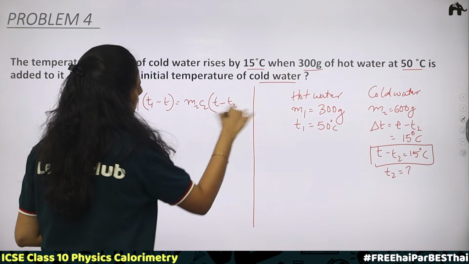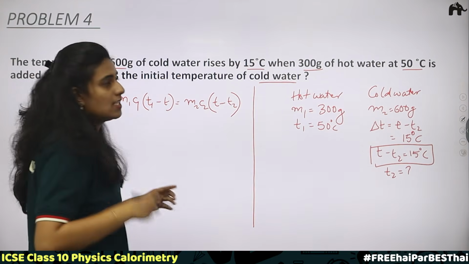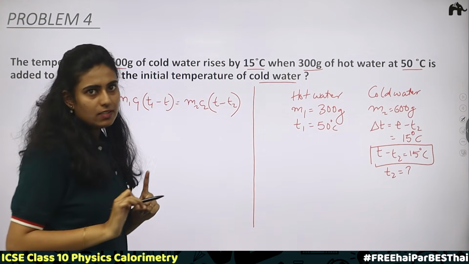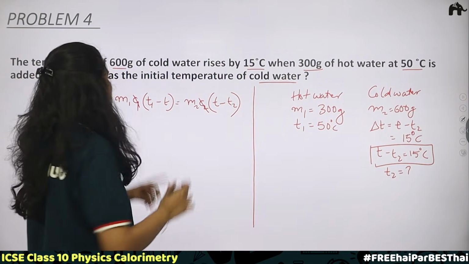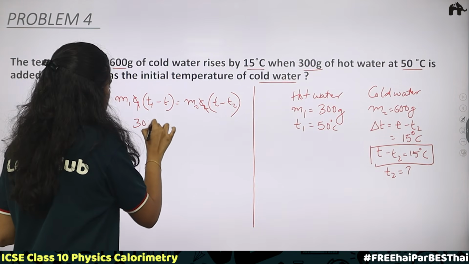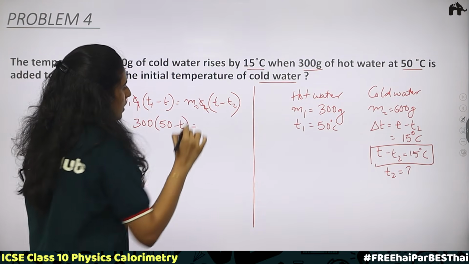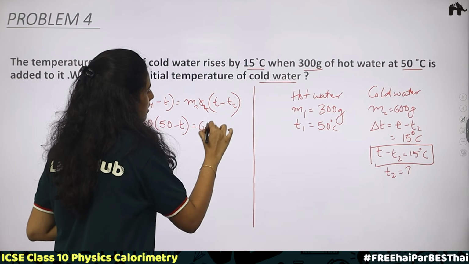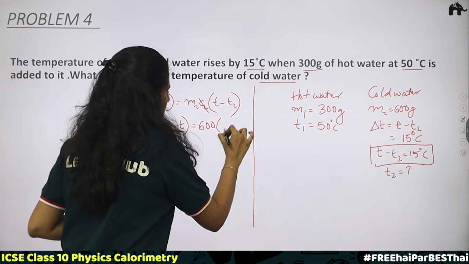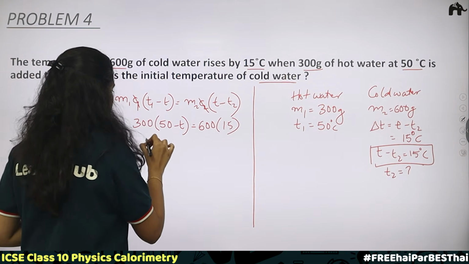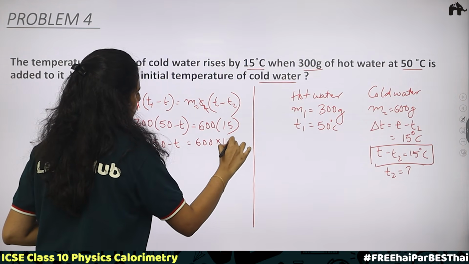into T minus T2. Okay, but here we don't know what C1 and C2 is. Given that both the substances are water, which means their specific heat capacity will be the same. Therefore, they can be removed from both the sides. What is M1? Here M1 is 300 into T1 minus T. T1 is 50. 50 minus T is equal to M2, here M2 is 600 into T minus T2, value we know, which is 15. Okay, that is 50 minus T is equal to 600 into 15